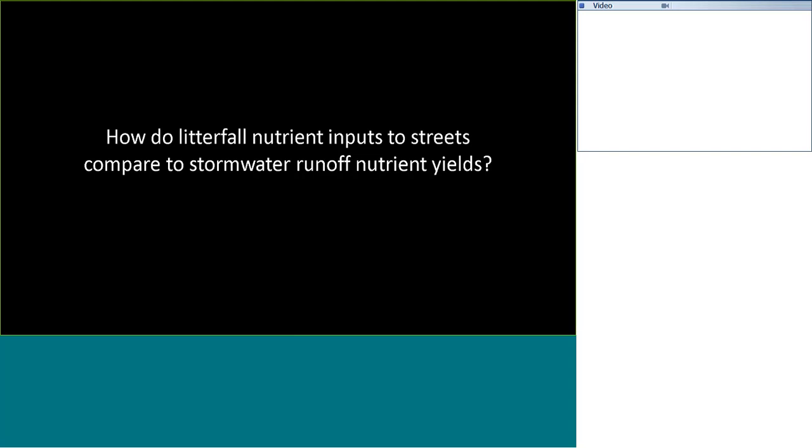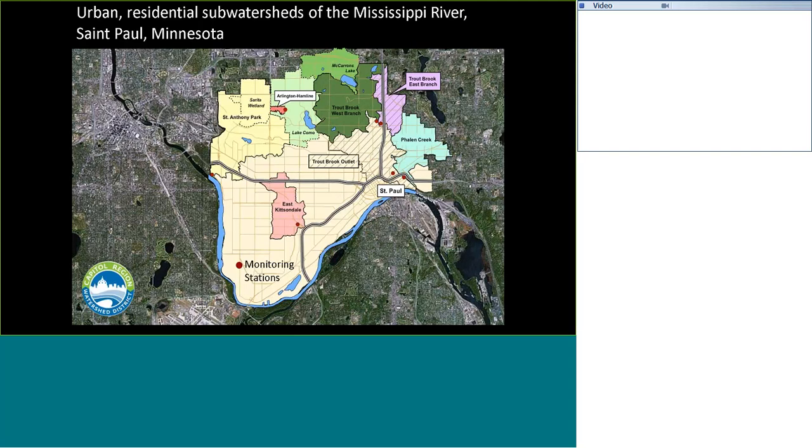But this begs the question of how litter fall nutrient inputs to streets compare to stormwater runoff nutrient yield. What fraction of the stormwater runoff is actually coming from litter fall nutrients? To get at this, we used our Prior Lake data and developed a statistical model that we then compared to runoff. To do this, we used data collected by the Capital Region Watershed District, because they had annual loading